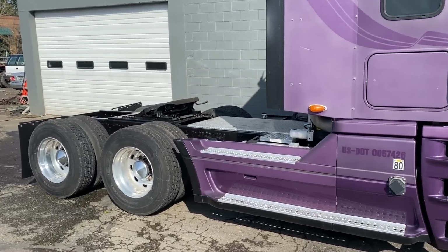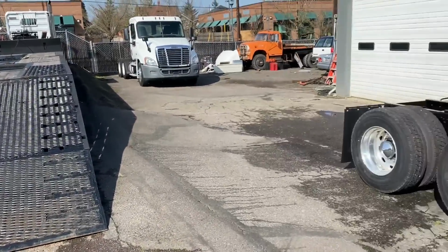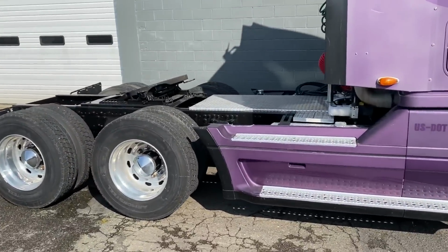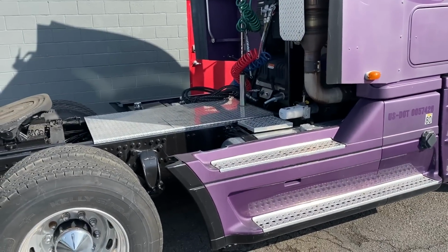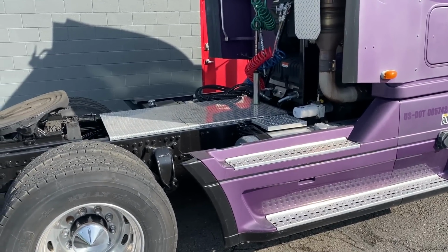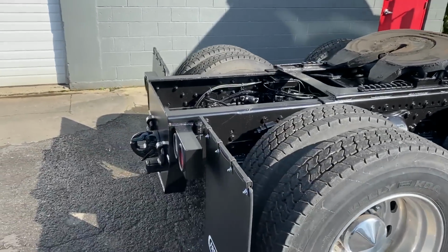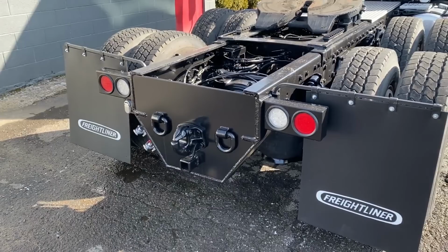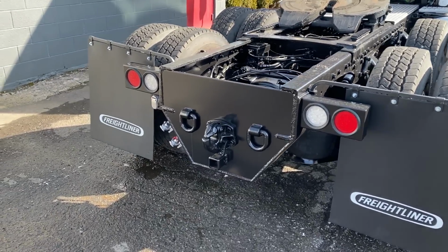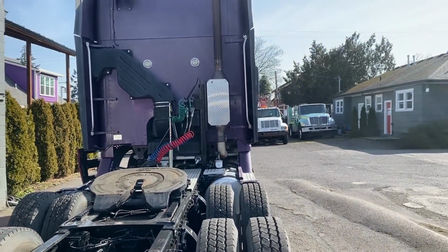We had planned to keep this truck and pull our hydraulic tail trailer with it. So we did a bunch of work I wouldn't normally do. We put a 2-line wet kit on the truck, and also had this hitch made for the rear so we could pull bumper pull trailers and have air and whatnot. But anyway,